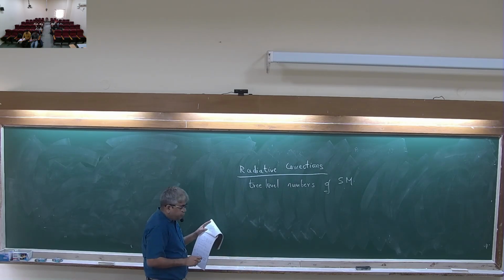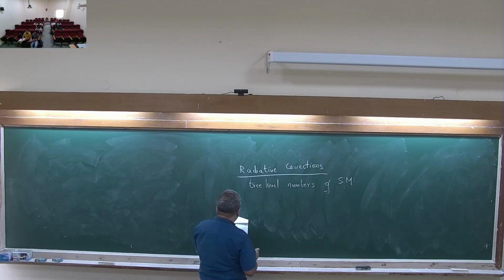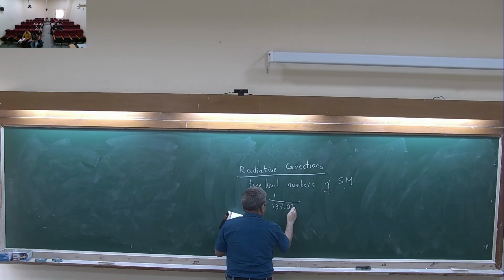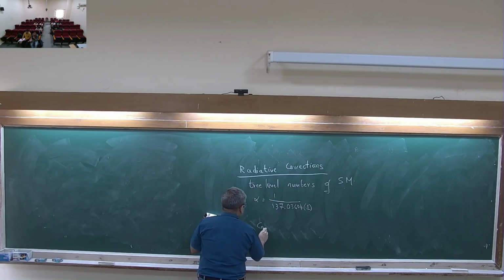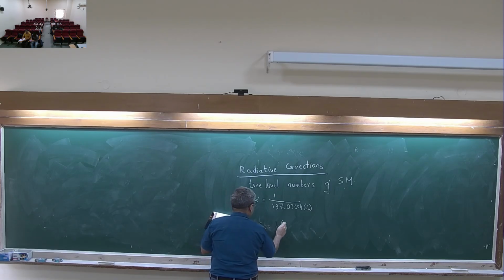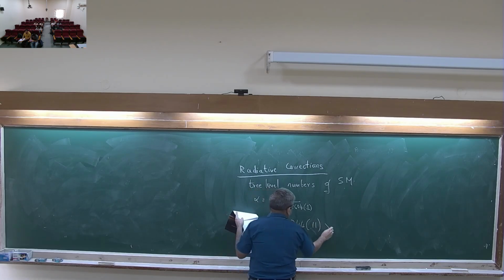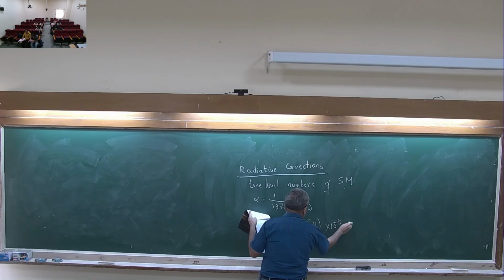So suppose I just use these inputs: alpha is equal to 1 by 137, let's use the most precise value, 3604 with the error bar of 1, and GF has a measurement 1.166344 with the error bar of 11 into 10 power minus 5 GeV to the minus 2,